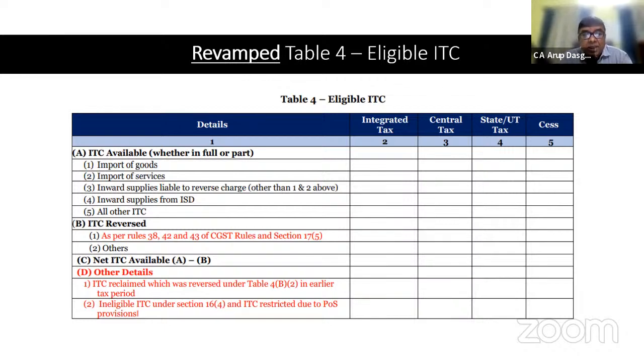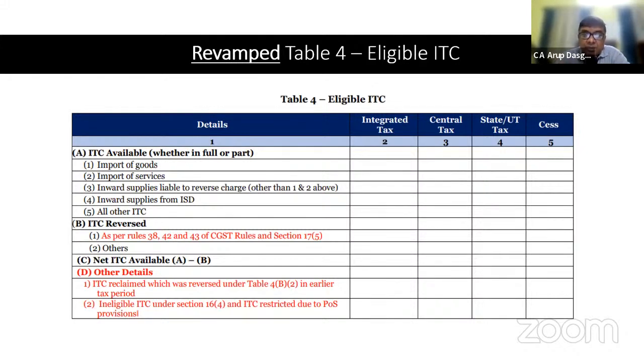आईटीसी मैंने पहले रिवर्स किया था, जैसे फॉर गुड्स इन ट्रांजिट और फॉर रूल 37, अगर मैं उसको रिक्लेम कर रहा हूं इन ऑल अदर आईटीसी, तो उसका डिस्क्लोजर मुझे यहां पे देना पड़ेगा 4D1 में। लेकिन 4D1 आपका इलेक्ट्रॉनिक क्रेडिट लेजर का जो फिगर है उसको इंपैक्ट नहीं करेगा। नेक्स्ट, आईटीसी इनएलिजिबल फॉर 16(4) और आईटीसी रेस्ट्रिक्टेड ड्यू टू पीओएस प्रोविजंस। So ये भी हम लोगों ने कल डिस्कस किया था।